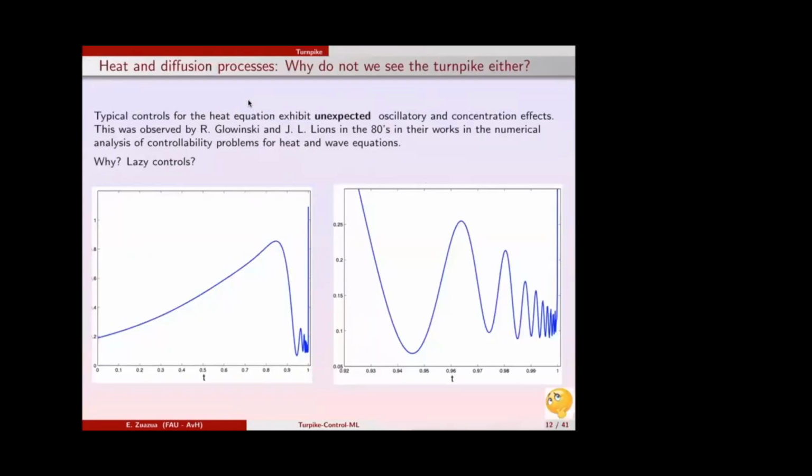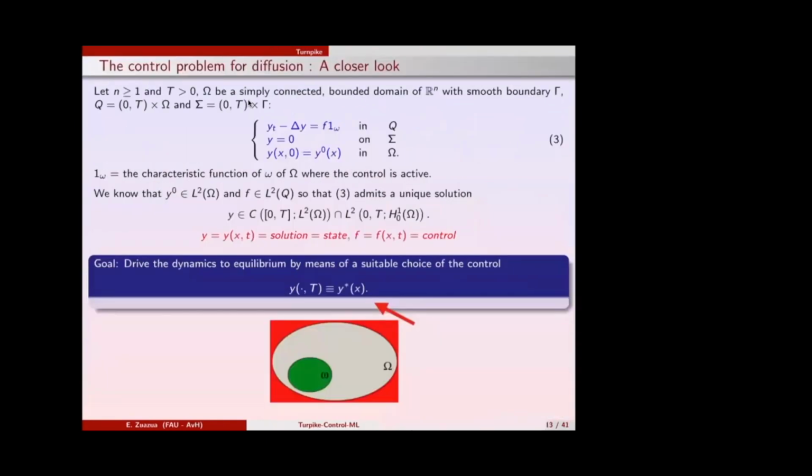We see that if the controls have the tendency to be very active towards the end of the time horizon, it is because the control is simply reflecting a trajectory of the adjoint system where you start from some datum at time capital T and then you go down. Okay, very good. So let me do it more carefully.